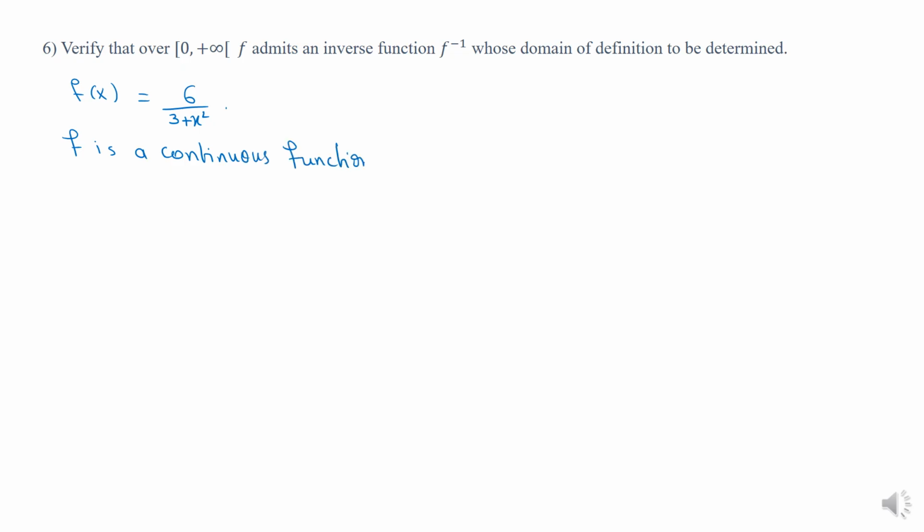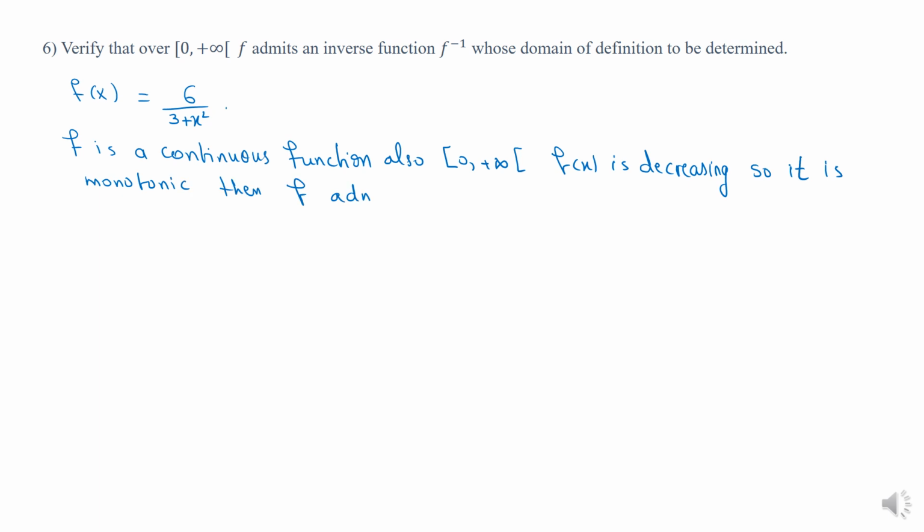Also, between 0 and plus infinity, f of x is decreasing. So it is monotonic,